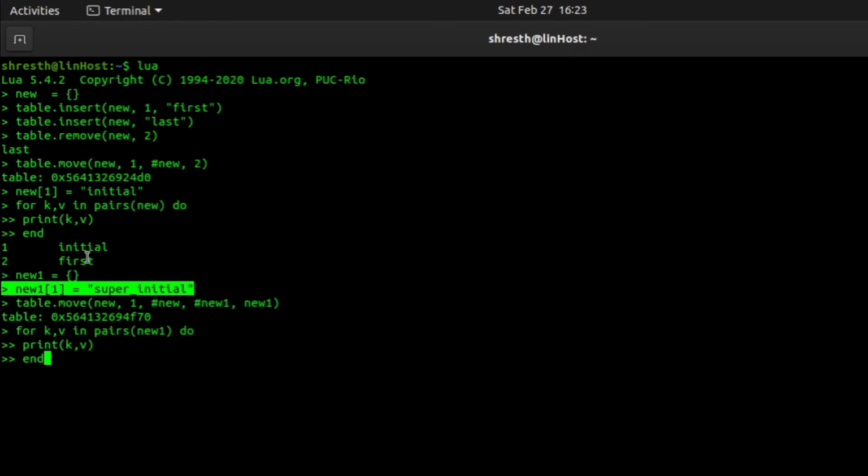The first element will be super initial, then the second element will be initial, and the third element will be first.